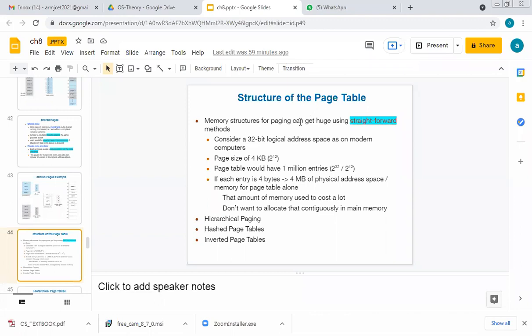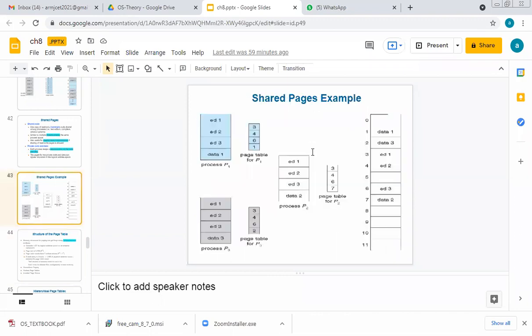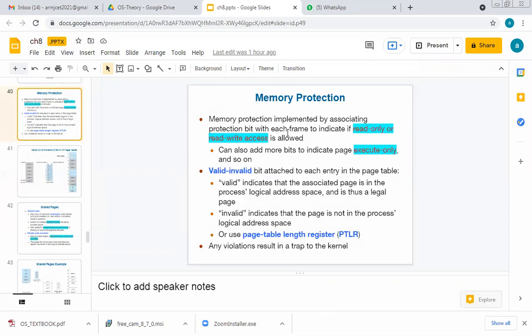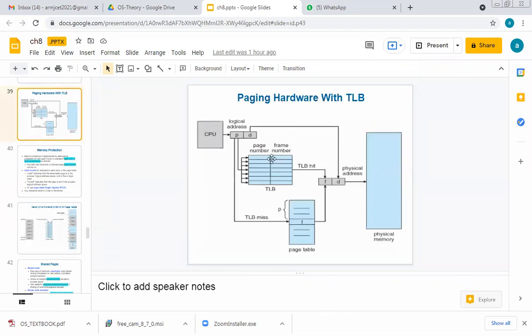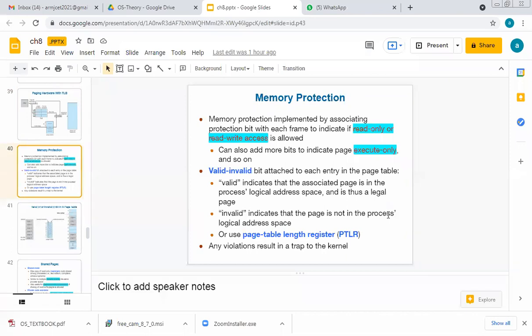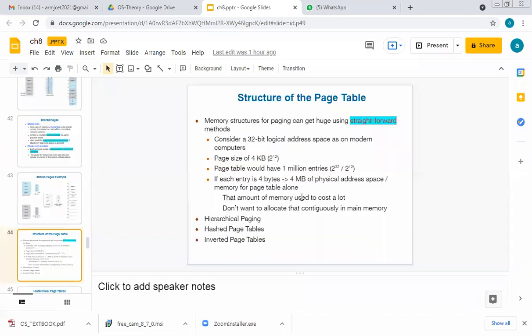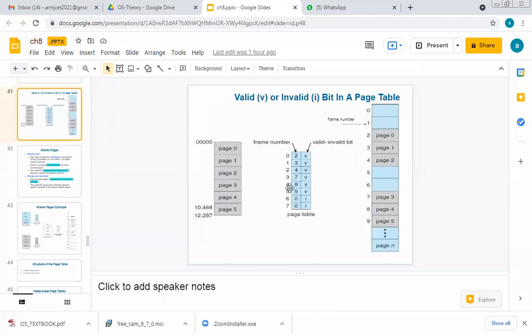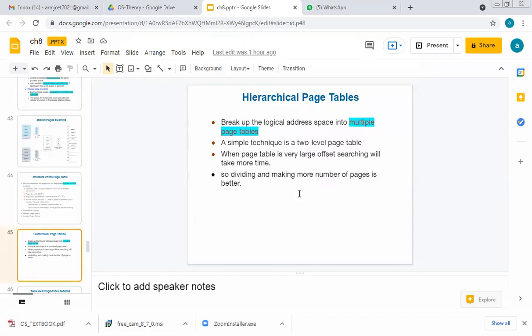So now coming to the structure of the page table. What is the importance of the page table? I have mentioned it here. How it looks: there will be one logical address. That address is split into page and frame. Using both, we search a particular memory location in the physical memory. Now the important thing is how the page table itself is made up. Generally, in a page table, the left side has page numbers and inside are the corresponding frame numbers. That's the architecture of a page table.